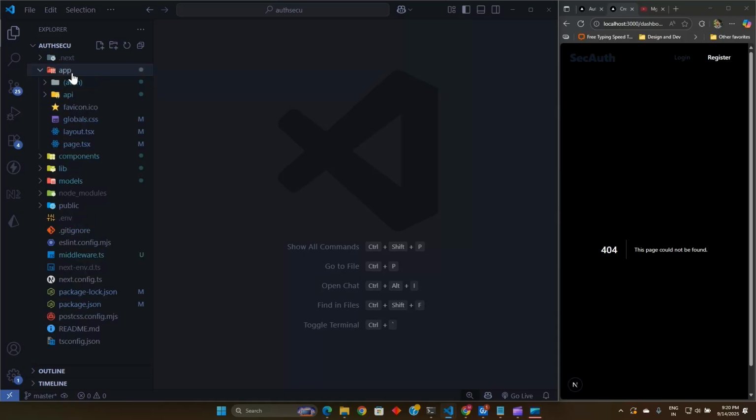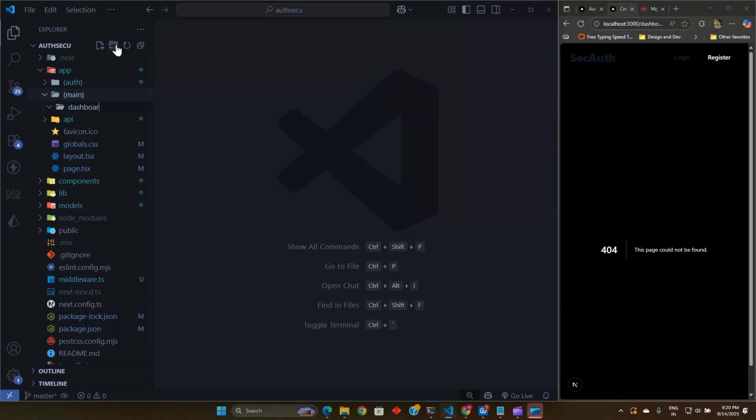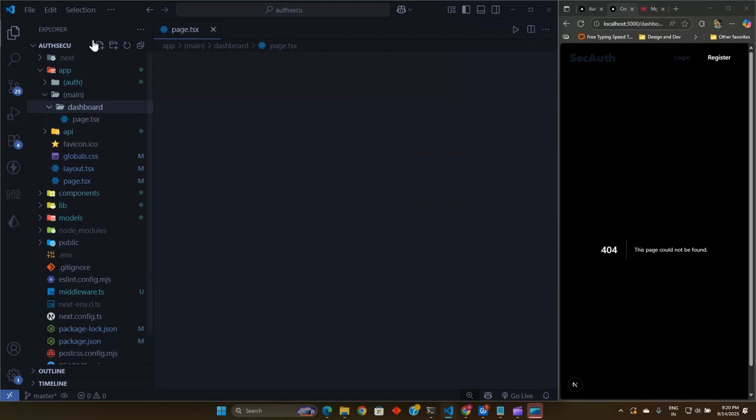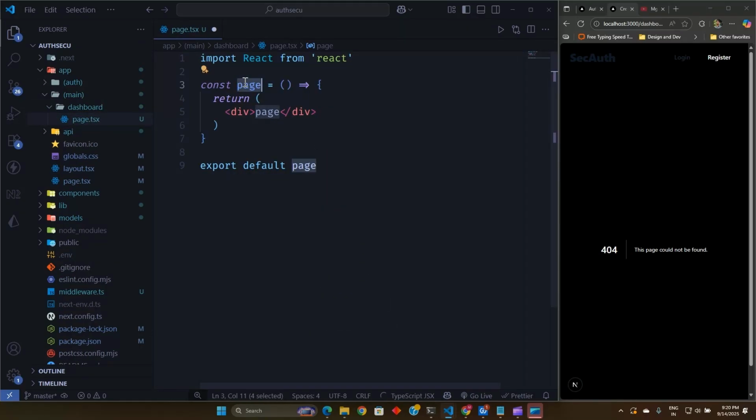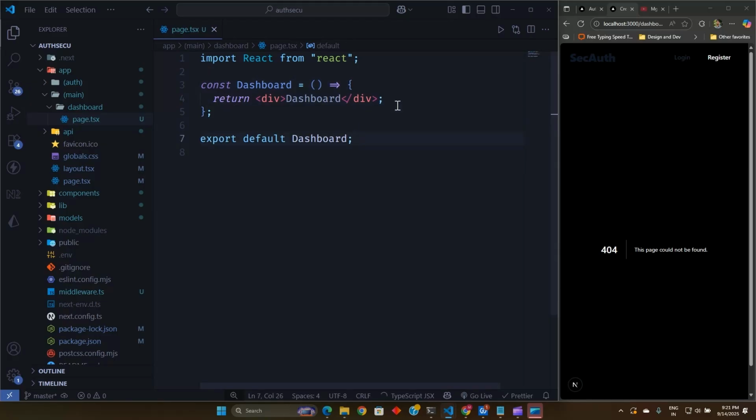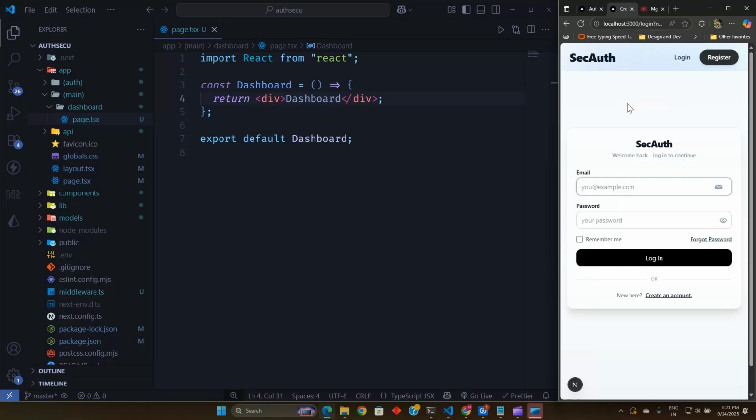So let's go to our app, and here inside this app we will create a folder which is called main, and inside this we will create a dashboard folder, and inside this dashboard we will create a page.tsx, and here we will create simply a component, and let me give a name called Dashboard and save it. And now if I refresh this page again, then you will be seeing,